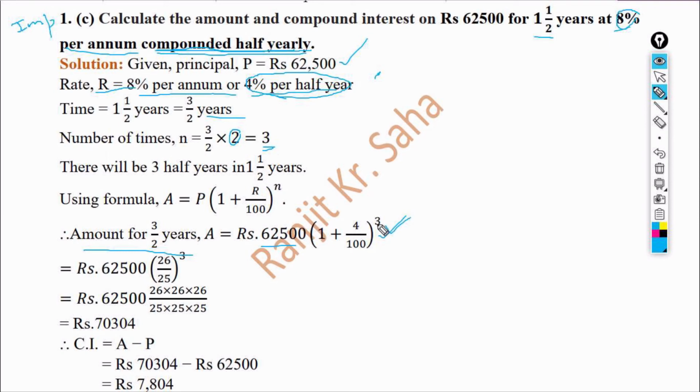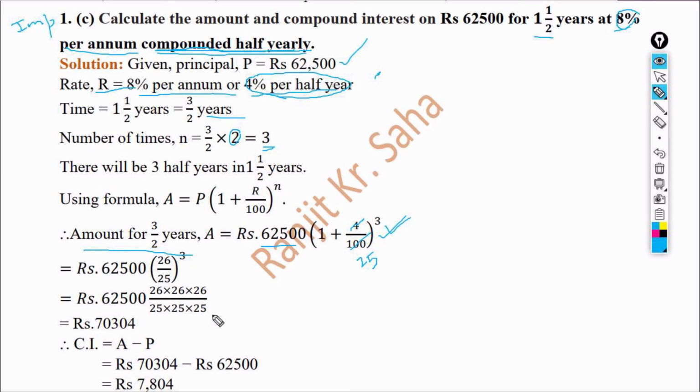Now you know how to calculate. Then here it is 26 by 25 to the power 3. Just multiply 3 times with rupees